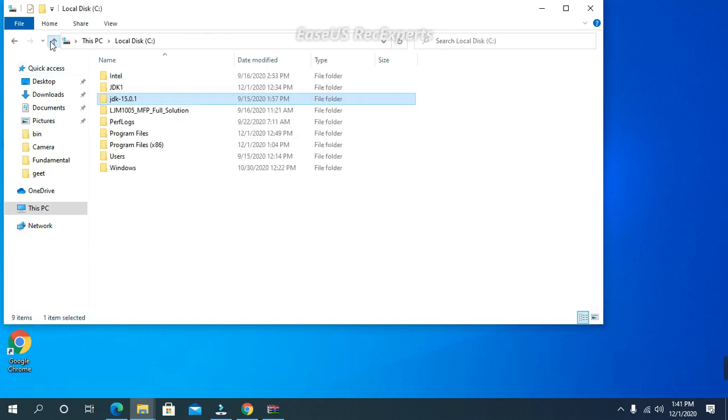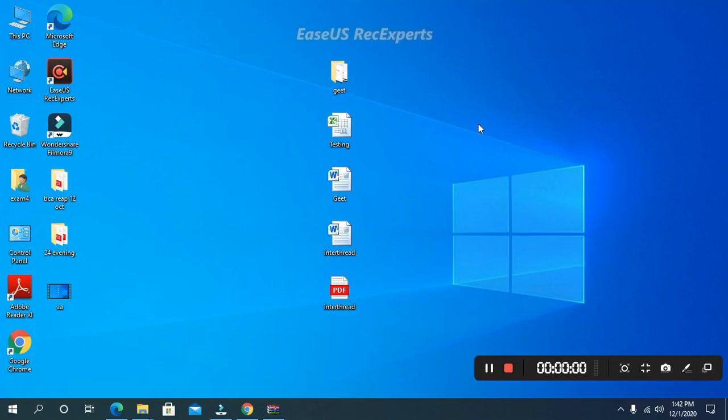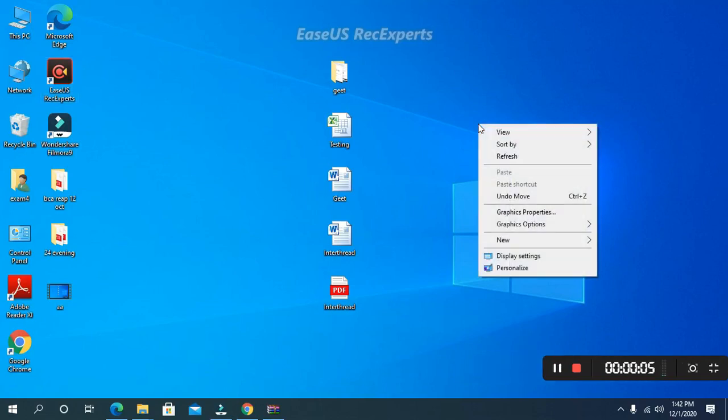Now I'll change the name of the folder so that I can easily type the path in the command prompt. So I'll change the name of the folder to JDK. आप इसको ऐसे भी रहने दे सकते हो, आप change भी कर सकते हो, all your wish. तो मैंने इसका नाम JDK रख दिया ताकि मुझे टाइपिंग में ईजी हो. Now my JDK has been completely installed.